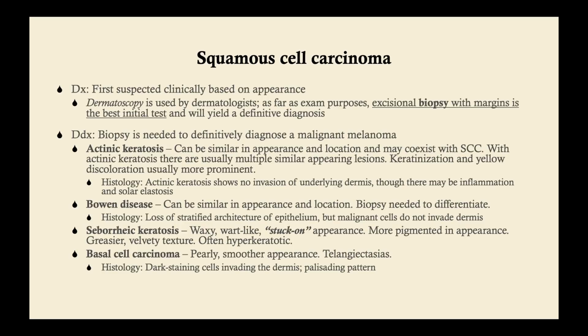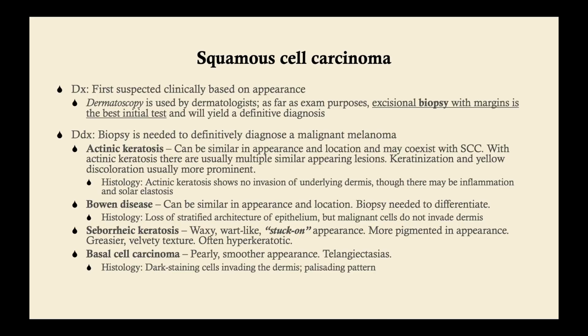As far as diagnosis, typically you're going to first suspect it on appearance. Dermatologists do something called dermatoscopy. You won't do that if you're a general practitioner, but an excisional biopsy with margins is the best initial test and will certainly yield a definitive diagnosis. Differential diagnosis includes actinic keratosis, which we already talked about, Bowen's disease, which we already talked about,